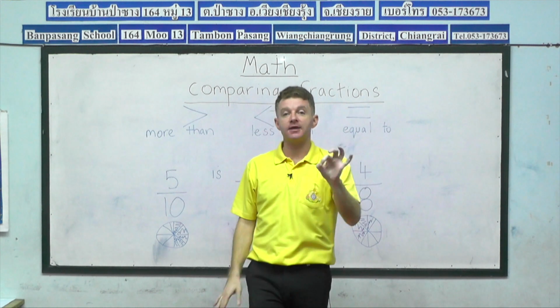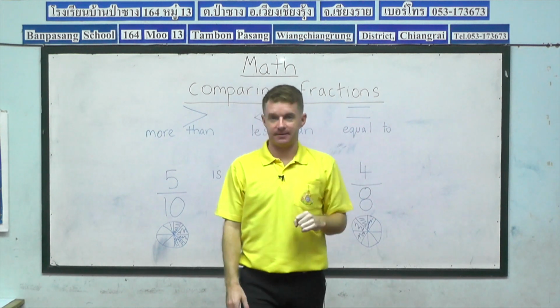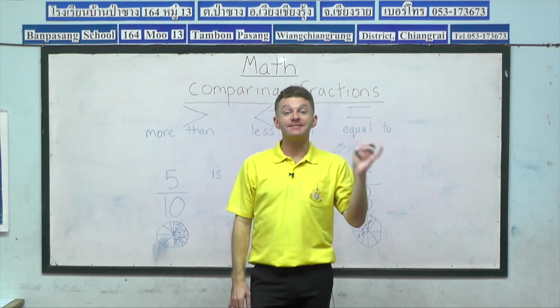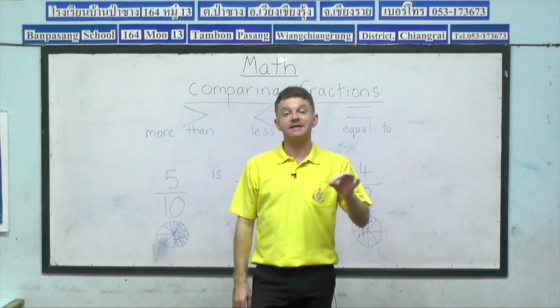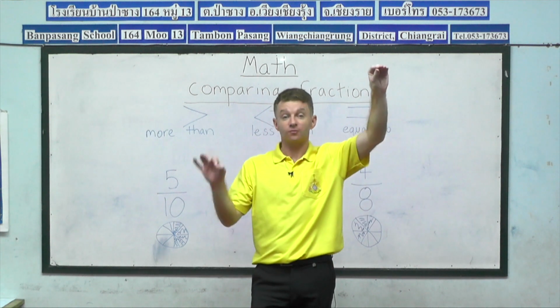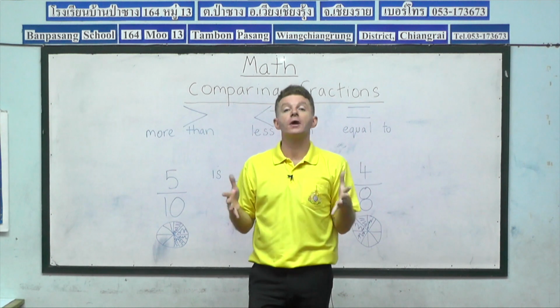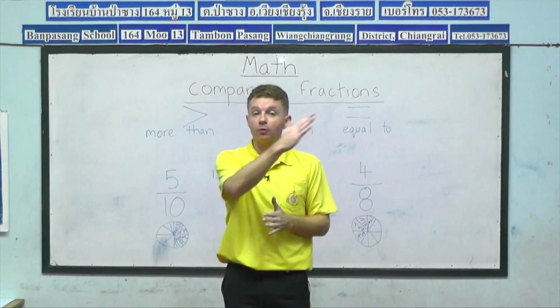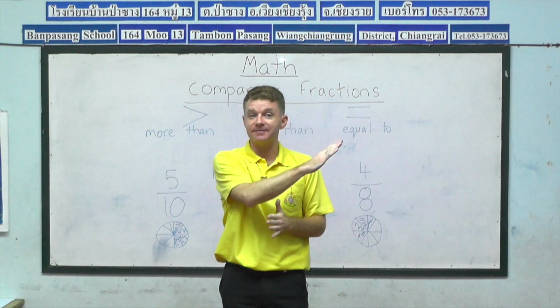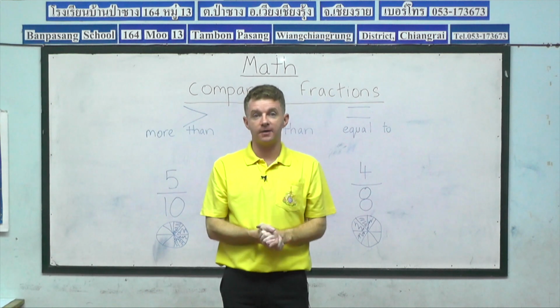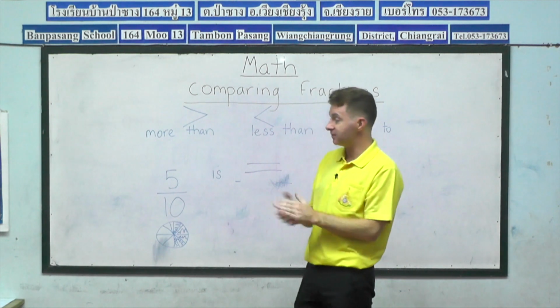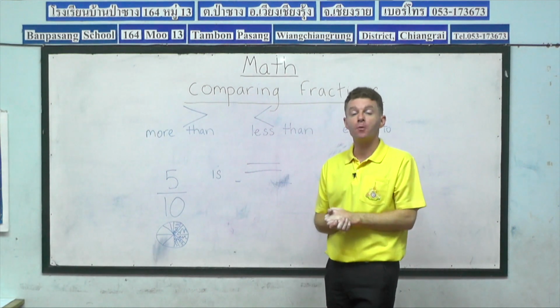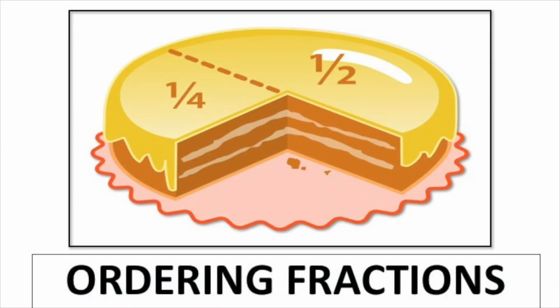And the second word, descending. And descending is the opposite. Descending means from biggest to smallest. Because what we're going to look at today is how to look at different fractions and then put them into either ascending or descending order. So let's turn to look at the TV screen, guys, because we have a PowerPoint presentation to watch. So let's take a look at our PowerPoint presentation about ordering